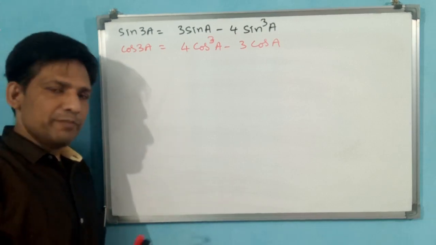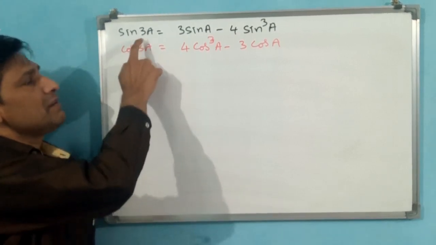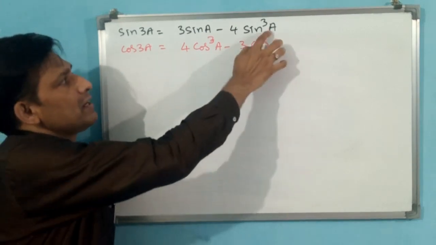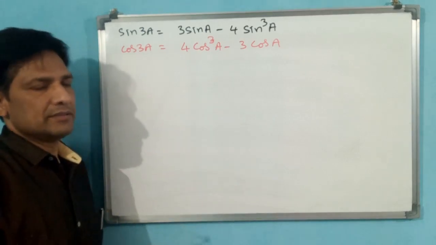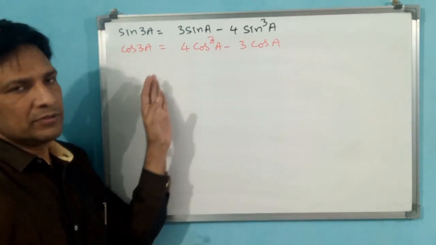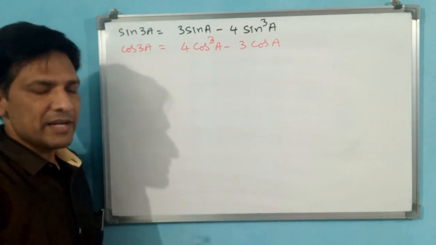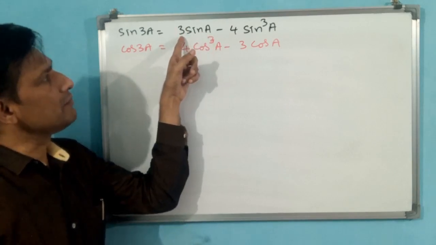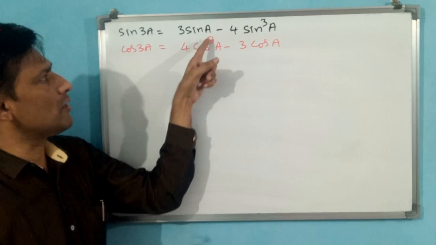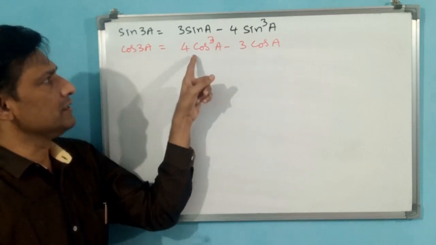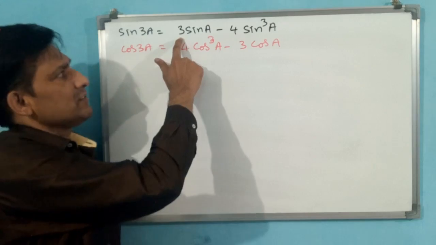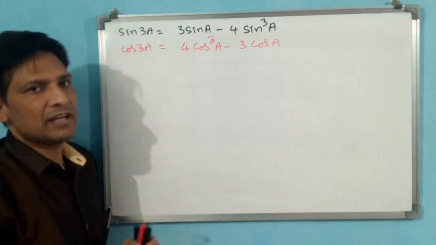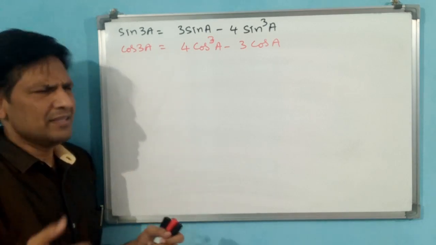See, simply observe, you keep here 3, there is cos 3 or sin 3. But see, on this side only a will come, 3a will not come. That is one thing first. Okay, sin 3a is equal to 3 sin a minus 4 sin cube a. For the single term 3 will come, for the cubic term 4 will come. For cos it is the opposite: 4 cos cube a for the cubic term, 3 for the single cos a. So for sin first, 3 sin a minus 4 sin cube a will come. For cos first, 4 cos cube a minus 3 cos a will come. This is the logic.